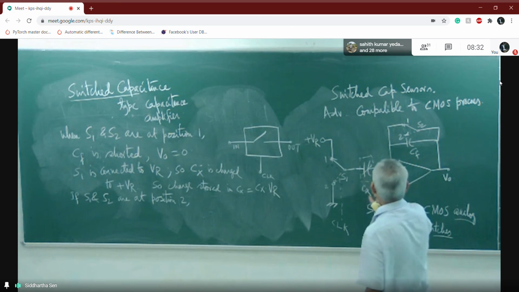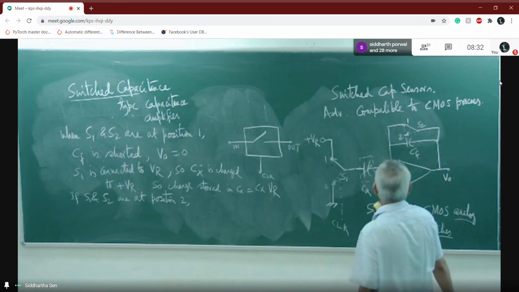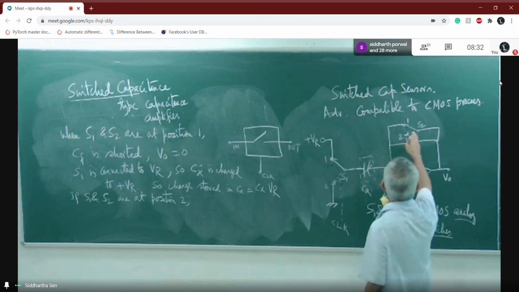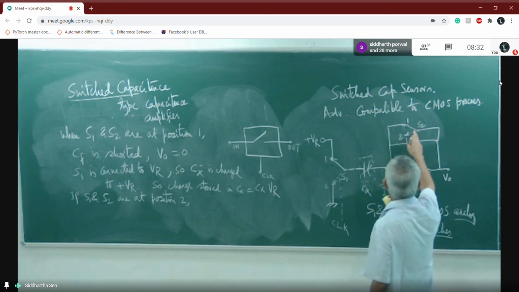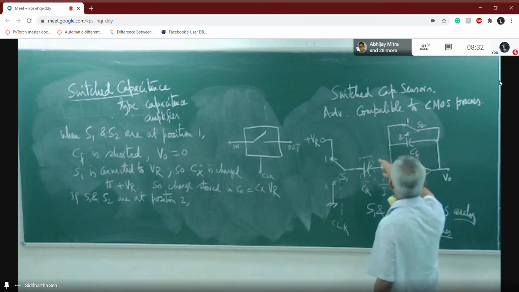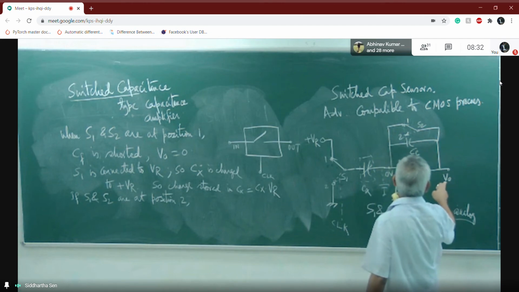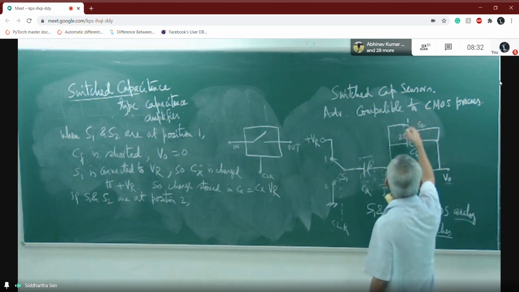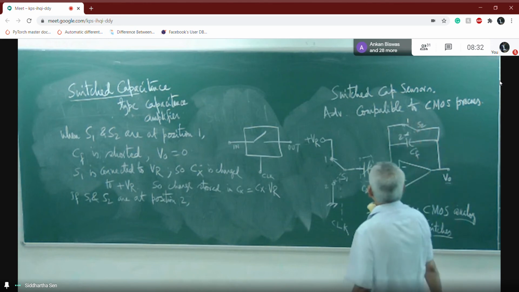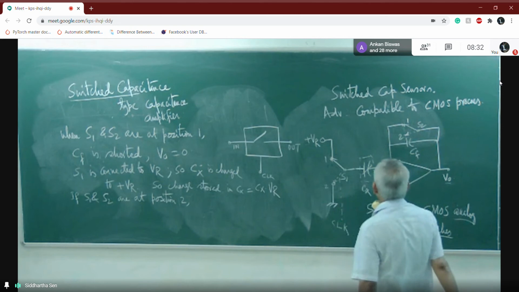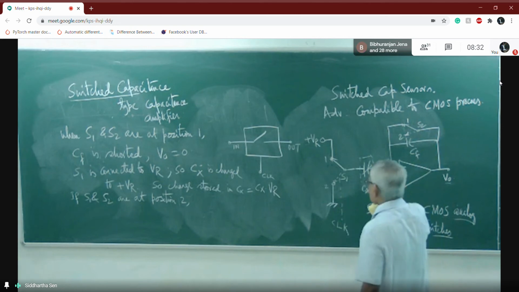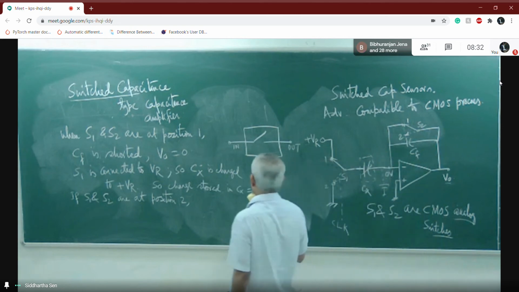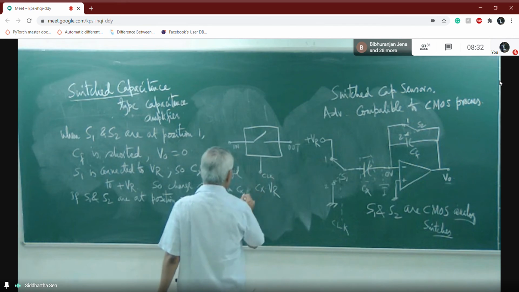So naturally charge cannot be there. And if it is at position 2, then definitely V0 should not be 0 because it is not shorted. So where will this charge go? This charge Q